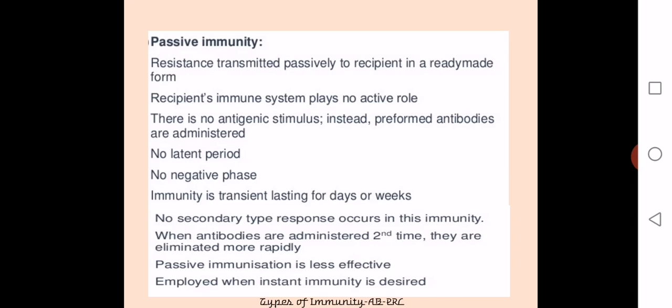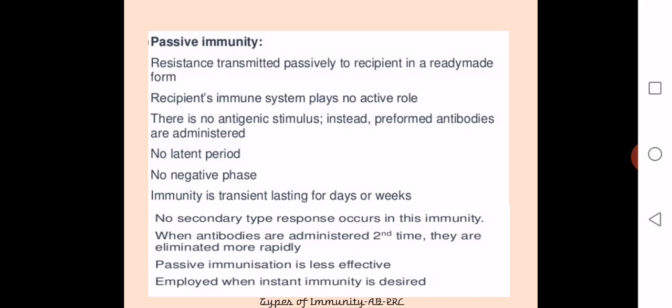There is a resistance which is transmitted passively to an individual. This individual will have a resistance, but it is not a possession of his own immune system; rather, it is supplied from outside,